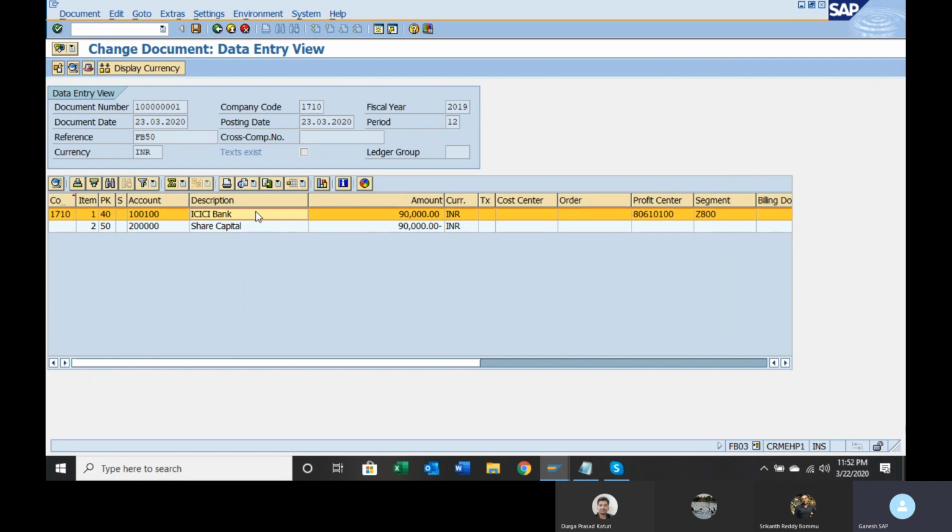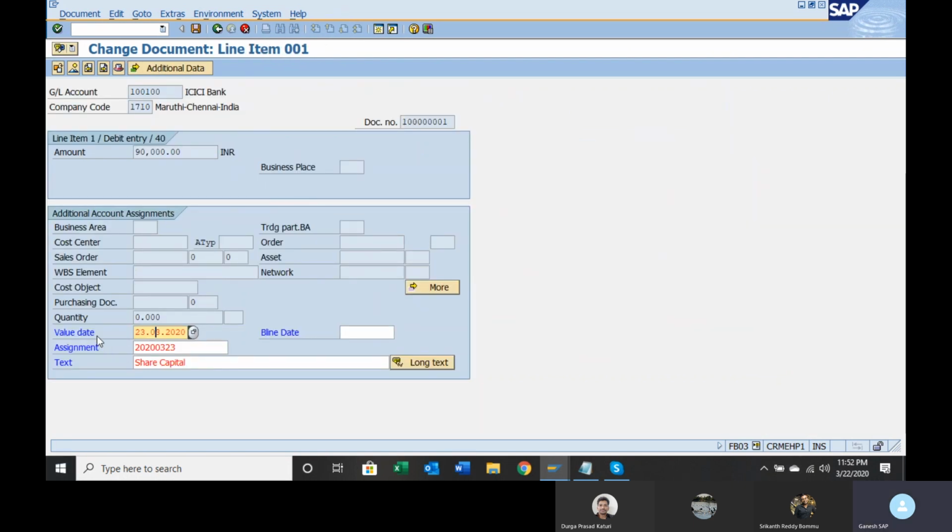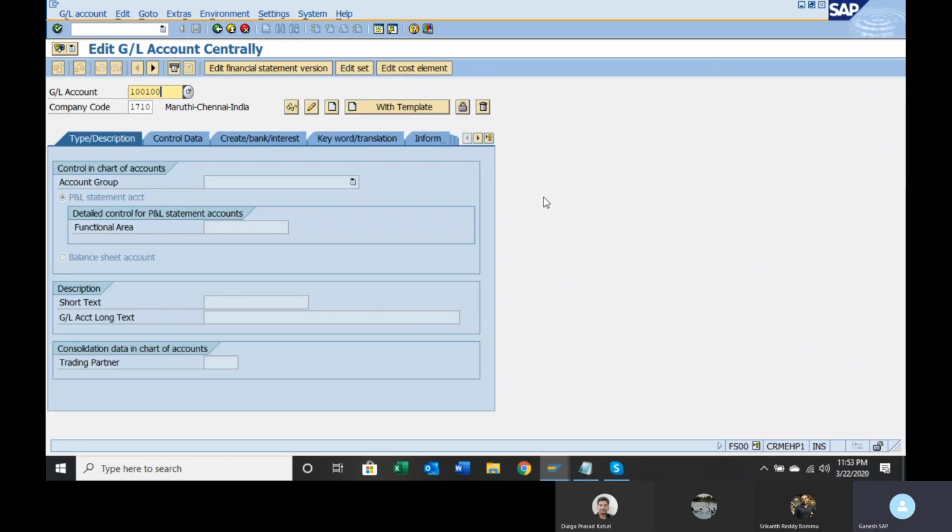If I go to line item level, you can change value date, assignment field, share capital. From where is this assignment field coming? For this GL account, the assignment field will get updated automatically based on the short key.